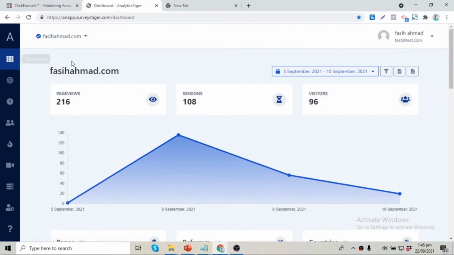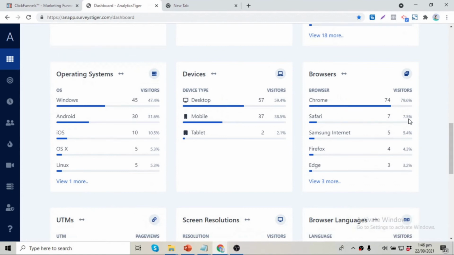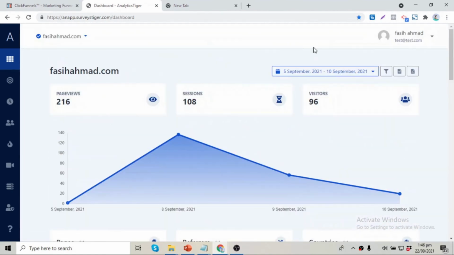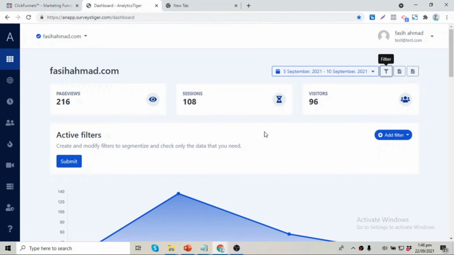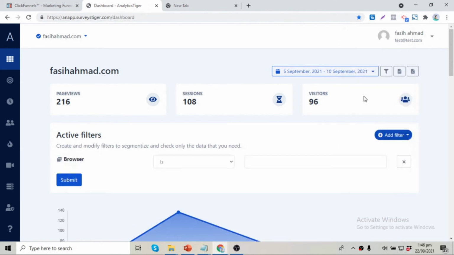And of course, from the main dashboard tab, you can see every single detail in the time horizon that I mentioned. You can see what pages they are hitting on the website, where they are coming from, which countries, which devices, operating systems, browsers, and so on. So that's all the features. Of course, you can get very granular with the details. You can filter down. For example, if I want to see only the visitors that came from the web browser Google, I can do that as well. And of course, you can export your data to CSV and PDF for further analysis.